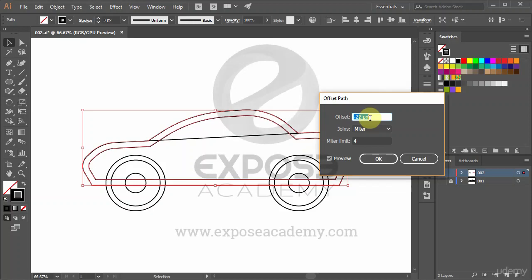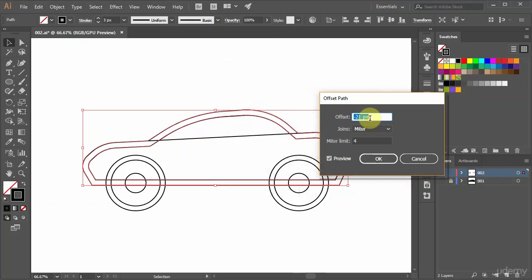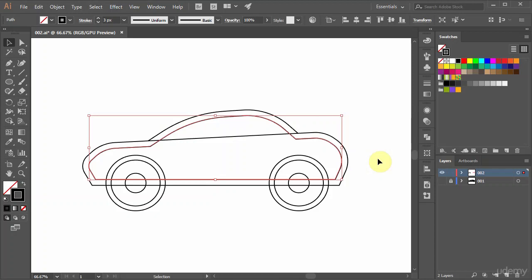As we can see, the offset command will create a new shape based on the original object by growing or shrinking the original shape's perimeter. I use a minus value in here, so the new shape is inside the original one. After you are finished, you can click the OK button. Okay, now we can see the frame has uniform thickness from the front to the back.